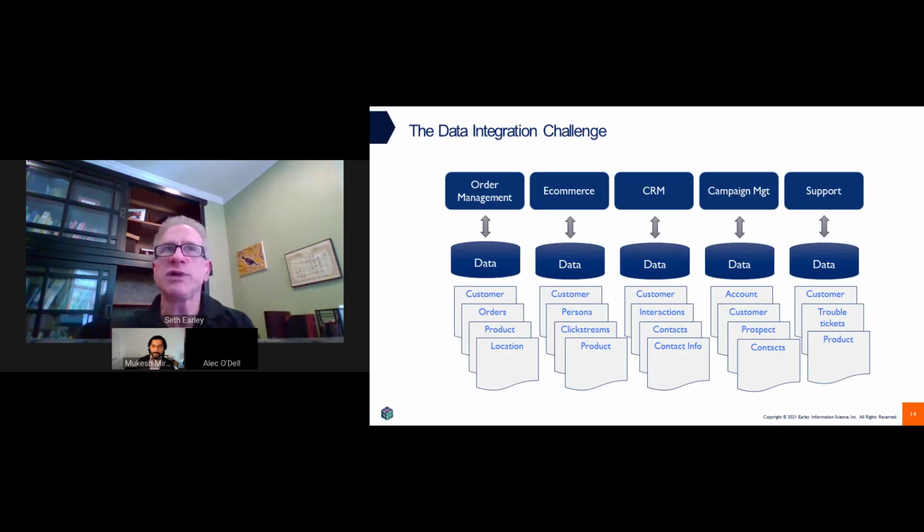So here's one way to think about this, right? I talked about the different systems. This is just a sampling. This is not complete by any means, but each of these systems is producing and consuming data. And you can start to see that there's a representation of the customer or the prospect in each of these systems. Many times these systems have grown up over time, maybe independently, and likely come from different vendors,